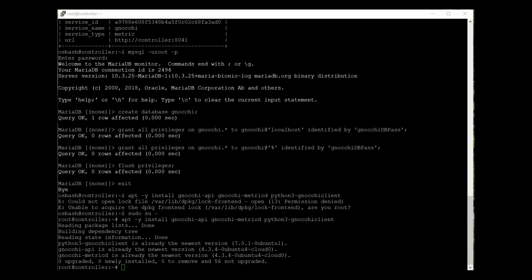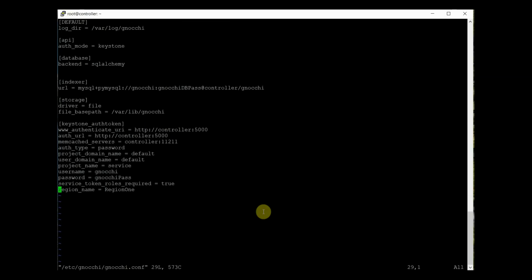I need to create the gnocchi.conf file: vi /etc/gnocchi/gnocchi.conf. If the file does not exist, I'm going to create it; if it exists, I'm going to change it. To save time, I created this file earlier.